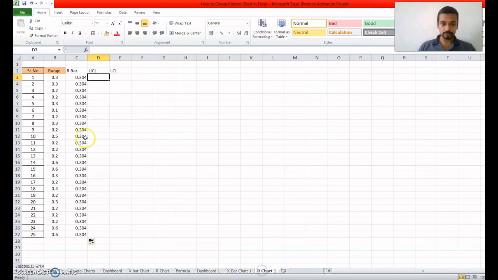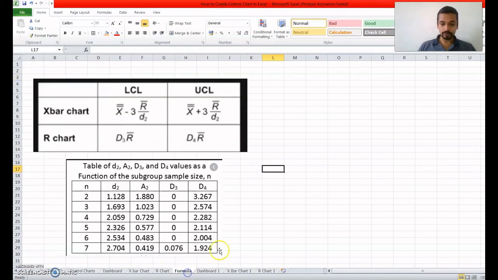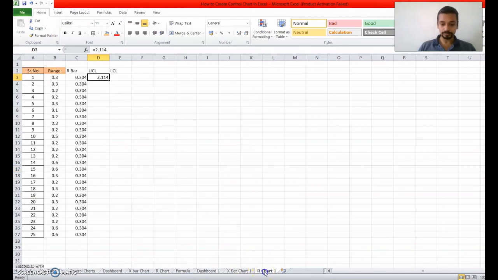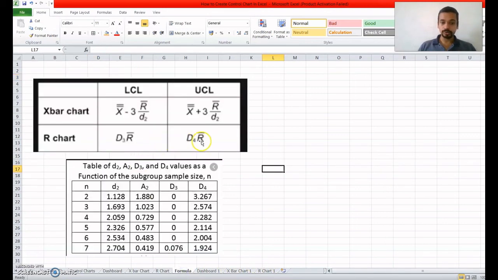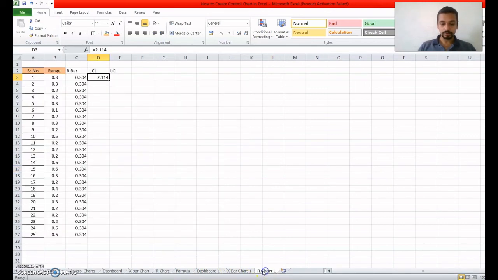So we'll just go to the R chart, is equal to D4, 2.114. We have taken this because our sample size is 5. So 2.114, into R bar.